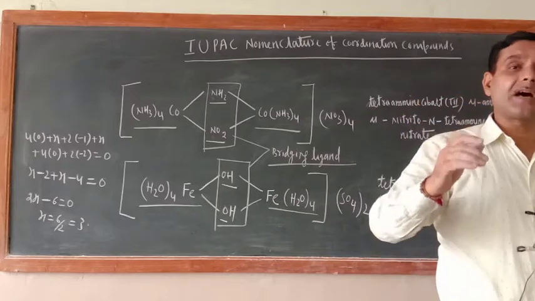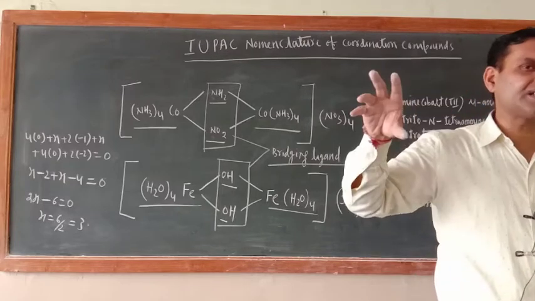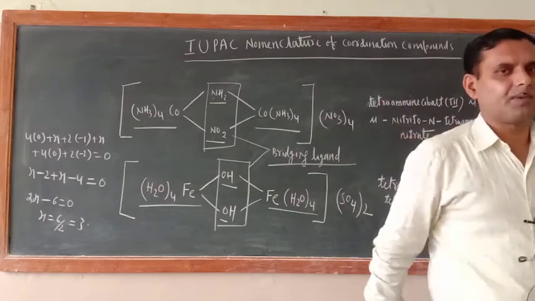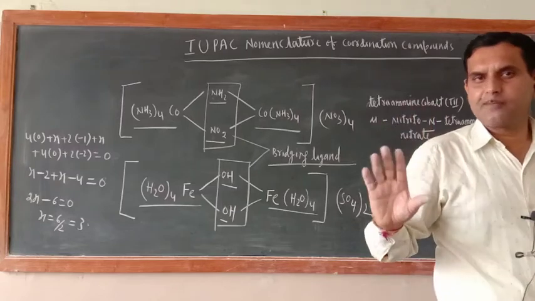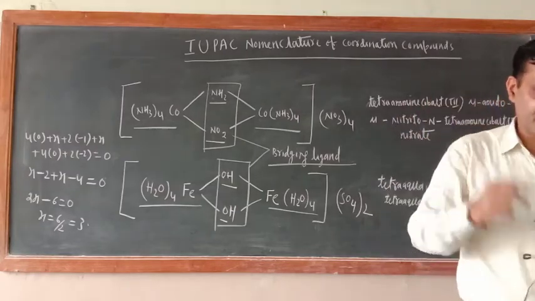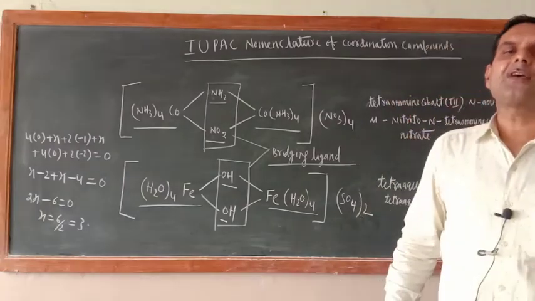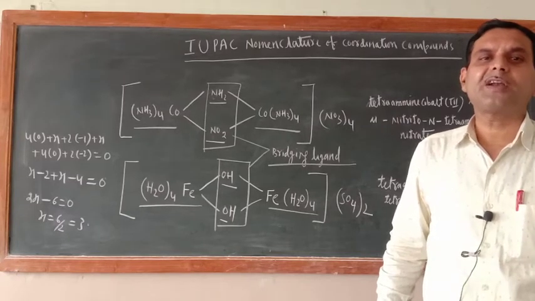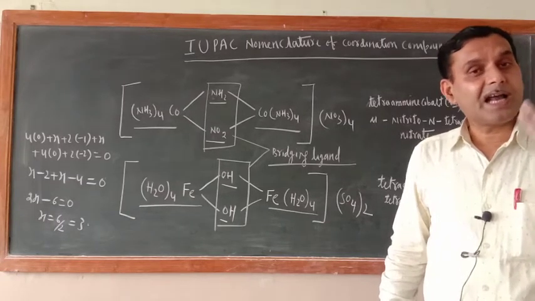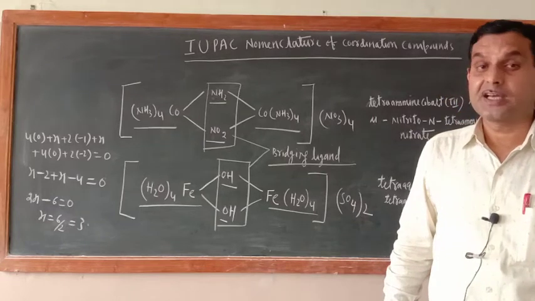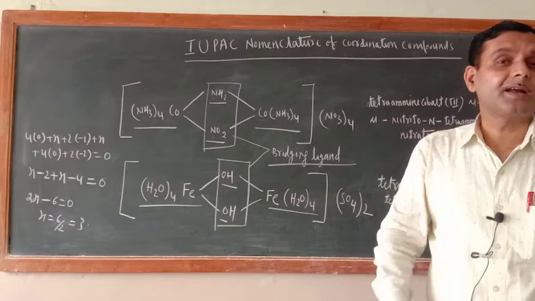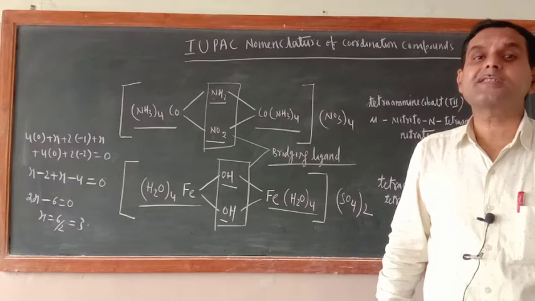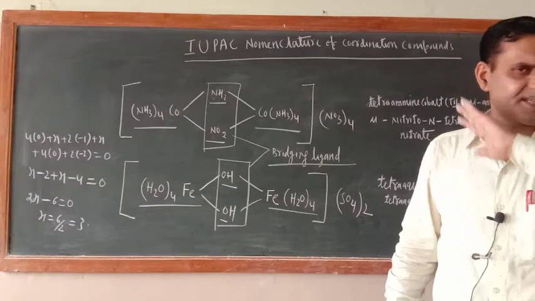Just as there is a rule to name the coordination compound, similarly there is a rule to write the formula of a coordination compound. Every other rule is the same, only one thing is different. When naming a coordination compound, how did you name the ligands? On the basis of the alphabetical order of their names. But while arranging the ligands inside the coordination sphere when writing the formula, the alphabetical order of the first symbol of the formula should be taken into consideration. Every other rule is the same.